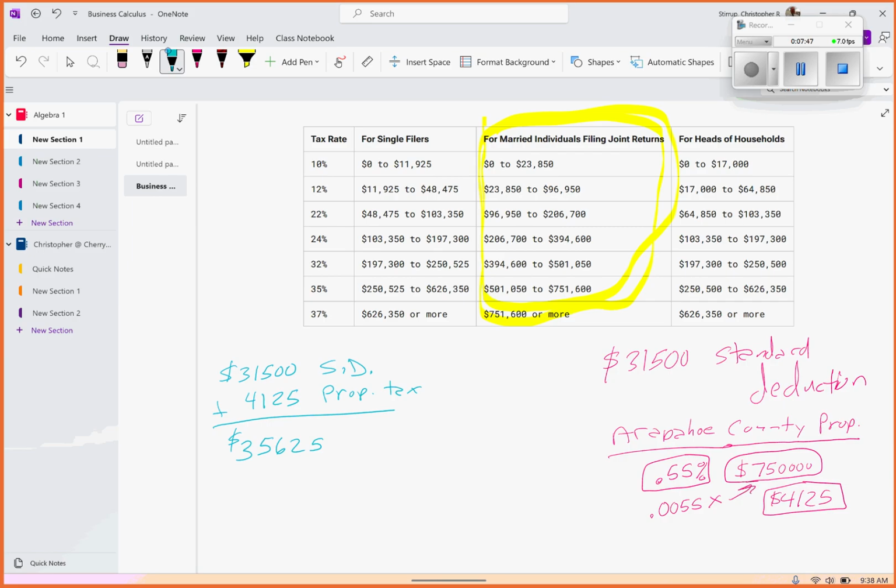So Google Kelley Blue Book 2010 Honda Accord. Everyone find it? Kelley is K-E-L-L-Y, and Blue Book. So basically the Kelley Blue Book is what the manufacturers sit there and figure out what a vehicle is worth. And it usually comes with a range, from poor condition all the way to great condition, and anywhere in between. Anyone find the Kelley Blue Book value of a 2010 Honda Accord?